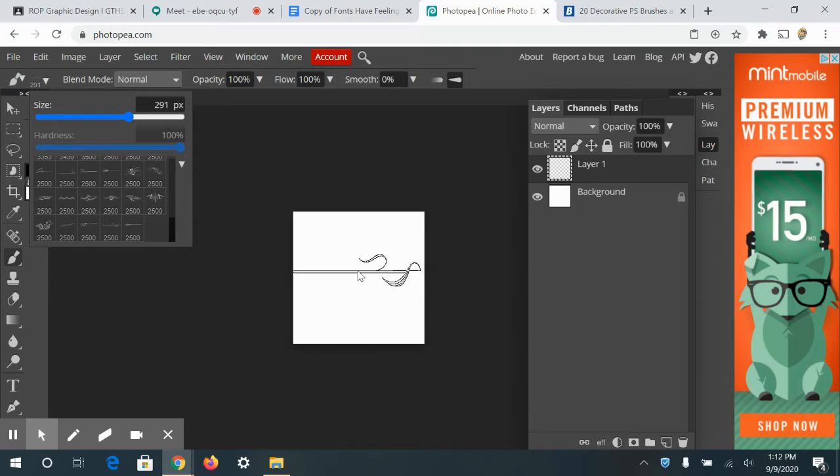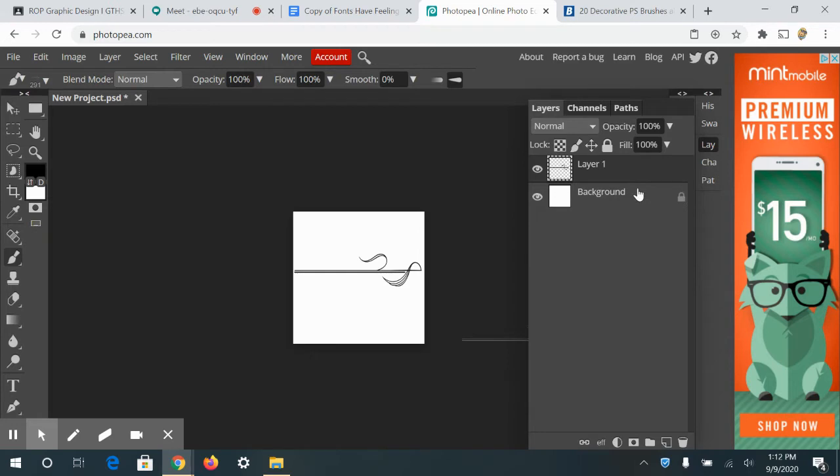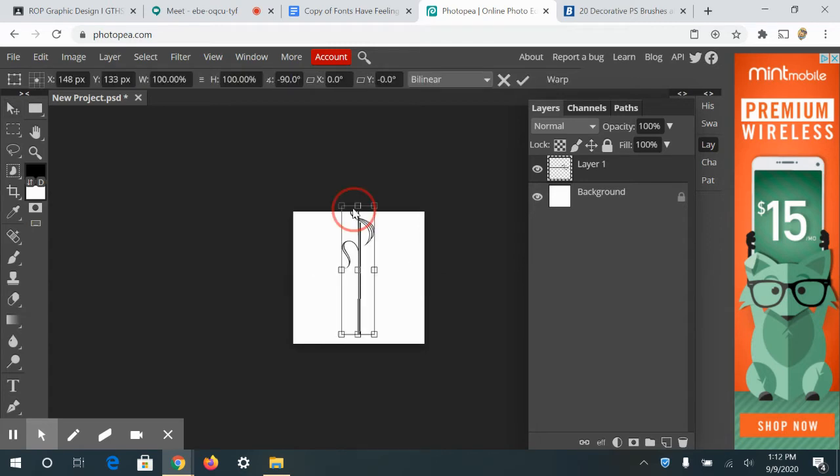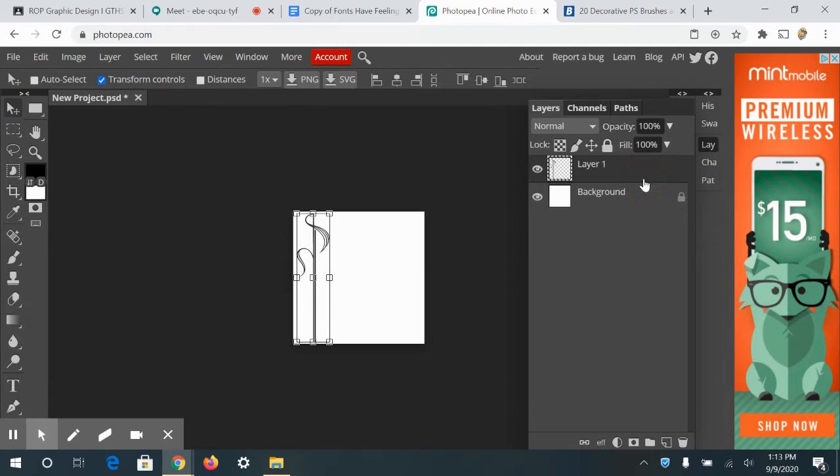And on my screen, I'm just going to click one time and it gives me a line, the brush. So I'm going to rotate this because I want it to go the other way. So I'm going to hold the shift key and turn it, and that will make sure it goes the correct distance. Okay, so what I'm going to do now is just copy this layer. So Control J or Command J if you're using a Mac, and I'm just going to rearrange my layer and do it again. I'm going to repeat this process a couple times